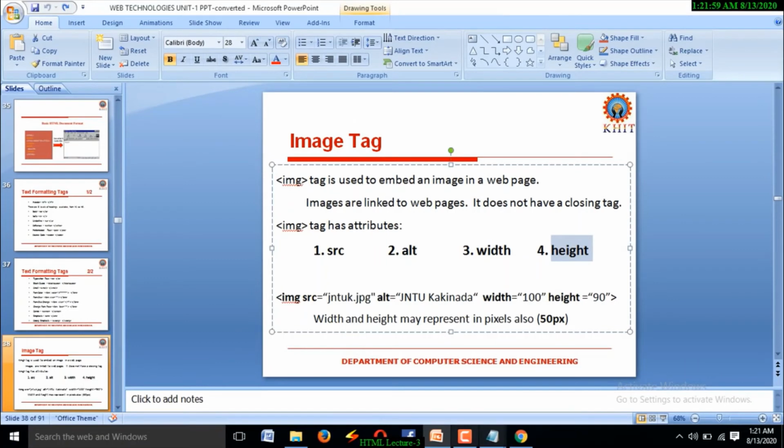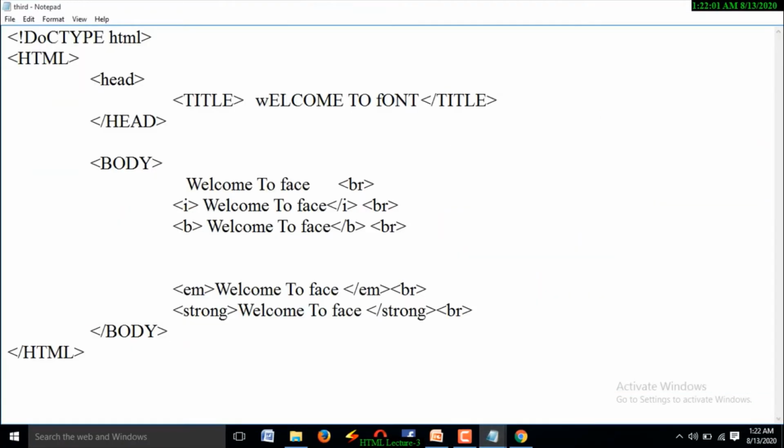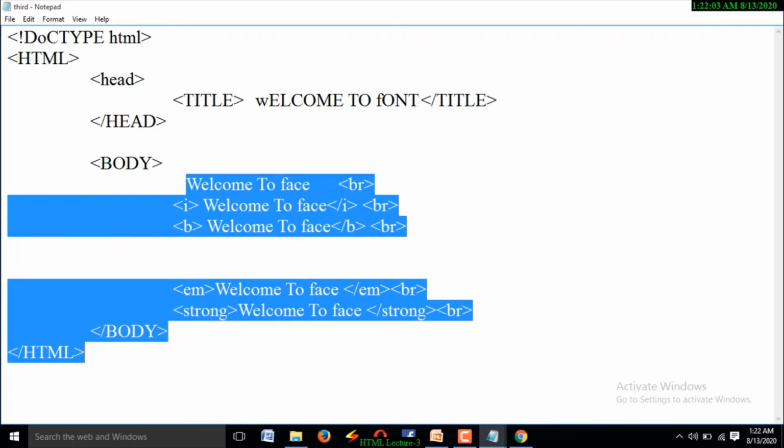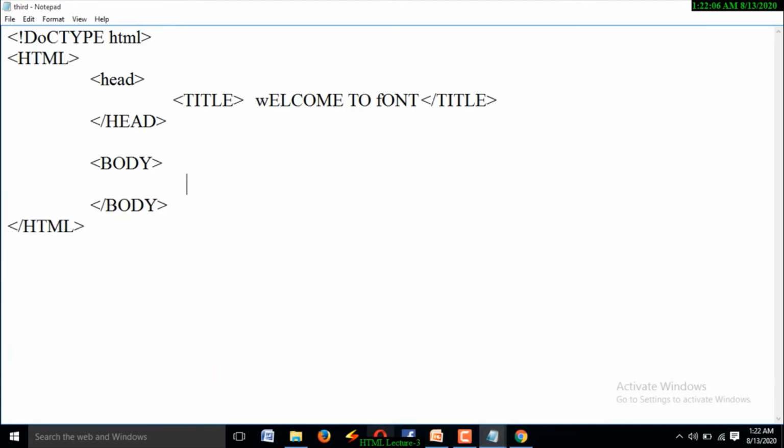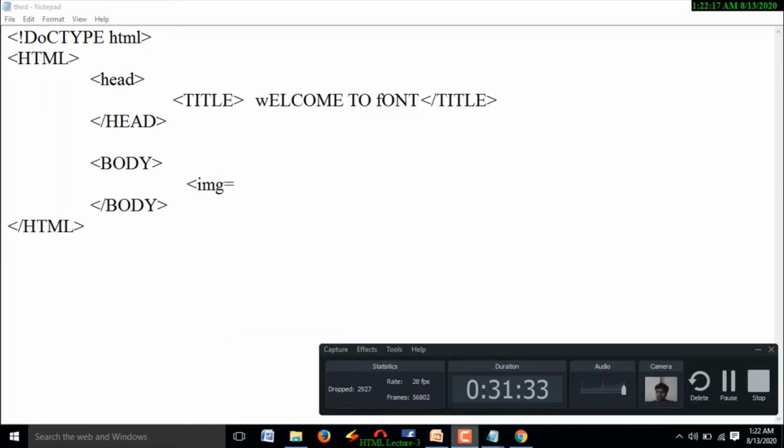And coming to the example, here I am going to write a simple example to load the image into your web page. In the body section, I would like to display the image. Here img space src is equal to, and the source of the image.